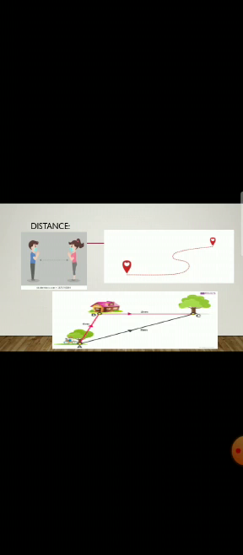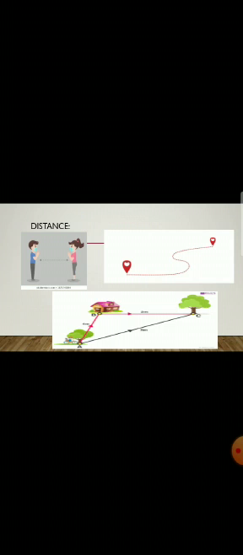But this one is known as the shortest distance and the straight distance. So the specific words are shortest and straight. The shortest and the straight path is known as displacement, which is our another term. So the distance is the length between the 2 points that is shown by going from point A to B and B to C. There are two ways with the help of which we can move from point A to C. One path is from A to B and B to C, and the other path is the straight shortest path. So the red line shows the distance while the black line shows the displacement.